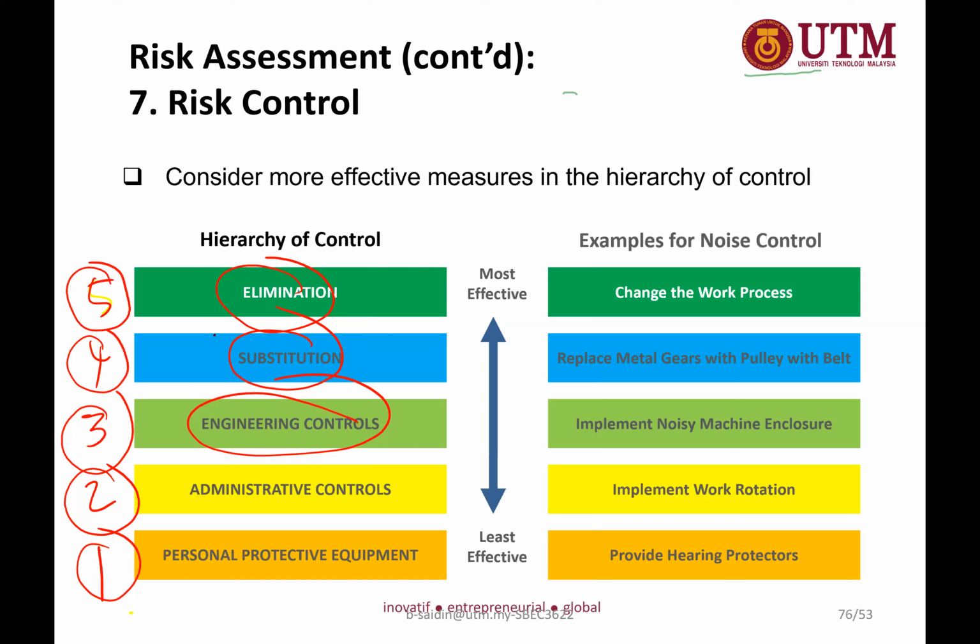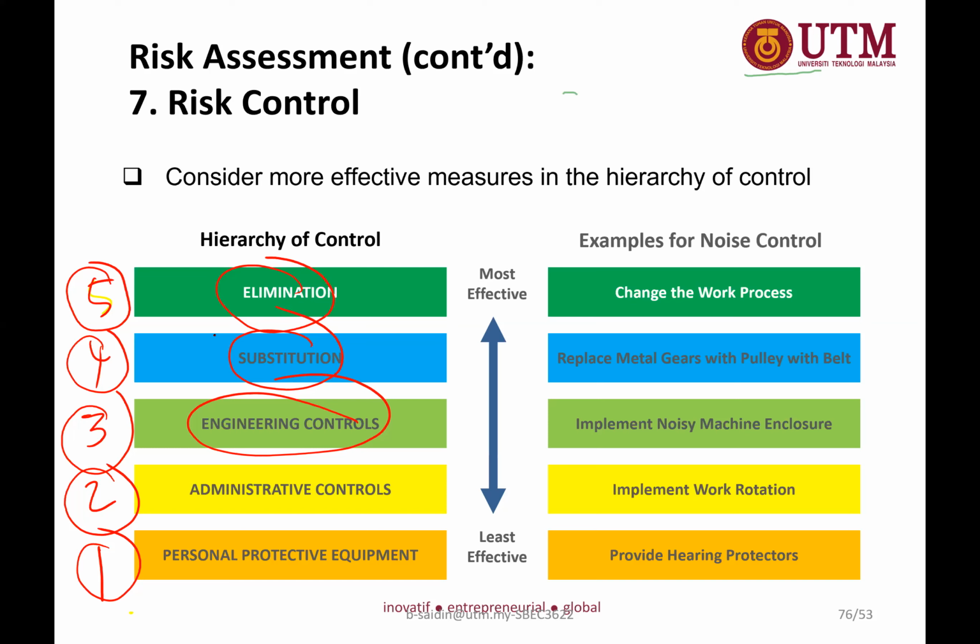Engineering control is the term associated with when you need to design something, using some kind of method to calculate in terms of material. That is what we call engineering control. In construction, I can relate engineering control to, for instance, a safety net. In order to avoid certain material dropping onto your head, we must put up a safety net. So a safety net is an example of engineering control.